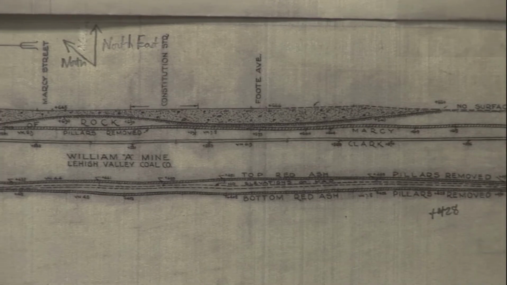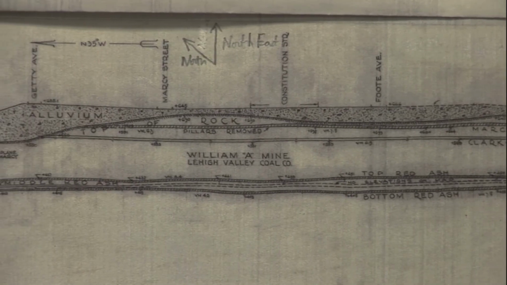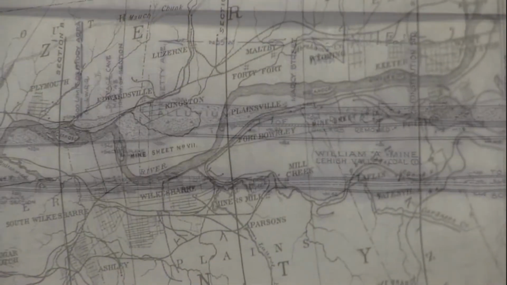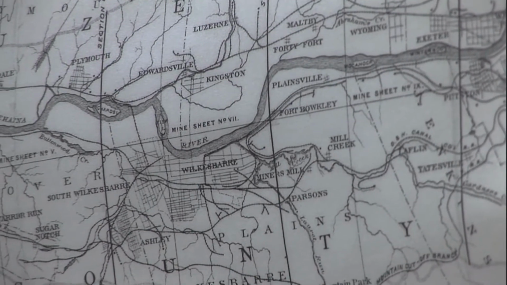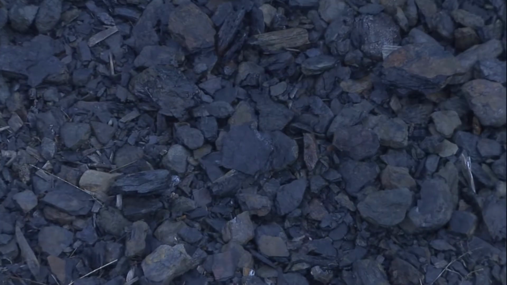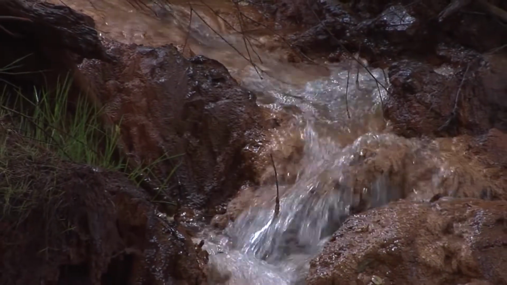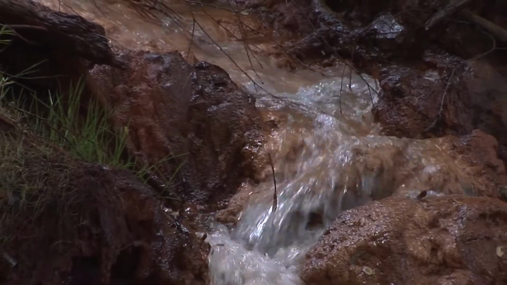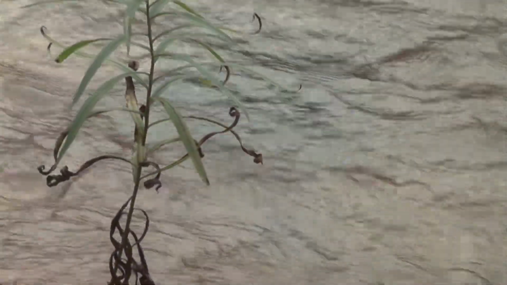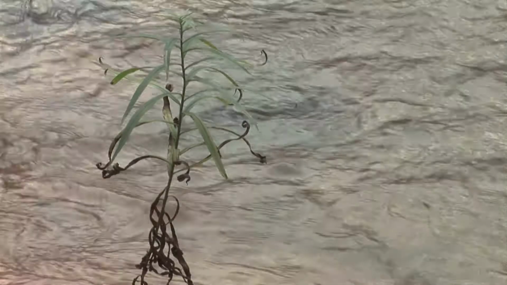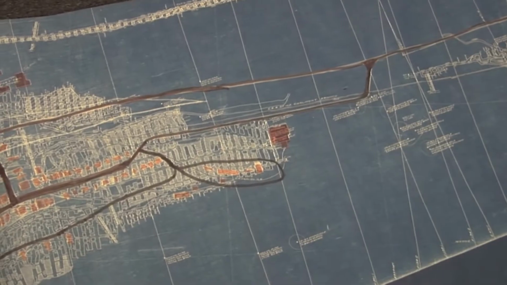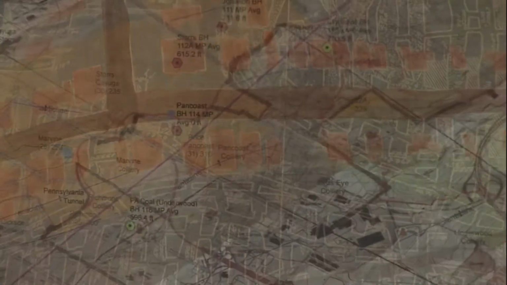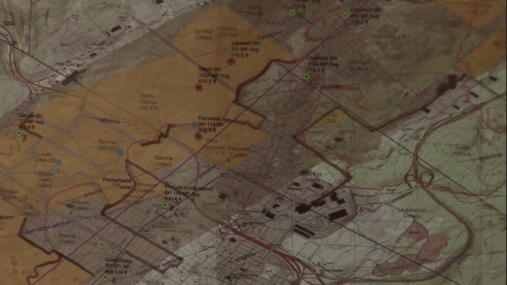These documents of Pennsylvania's coal mining history are a Rosetta Stone for deciphering our subterranean makeup, a way to use our heritage to shine a light on future environmental progress. Not only does it give us the underground geology and the structural geology of the coal that's been mined out, it shows us the flow patterns of the water weaving its way underneath the ground to get to lower elevations and to these discharge points. What we've been able to do is transform a lot of the two-dimensional maps into a three-dimensional format.